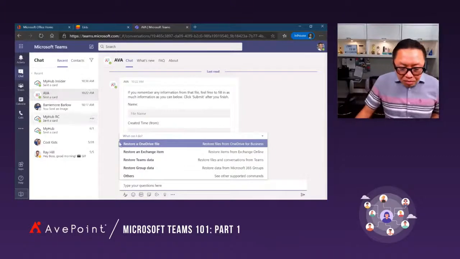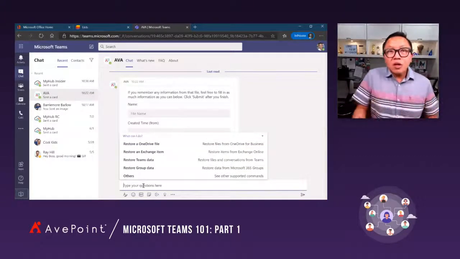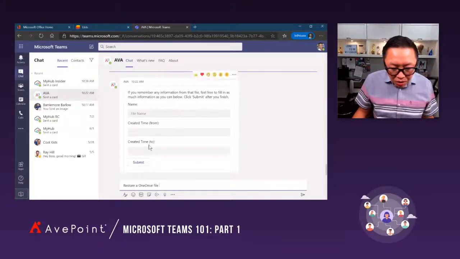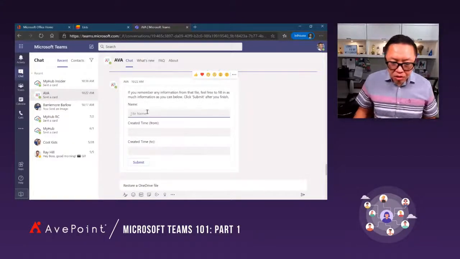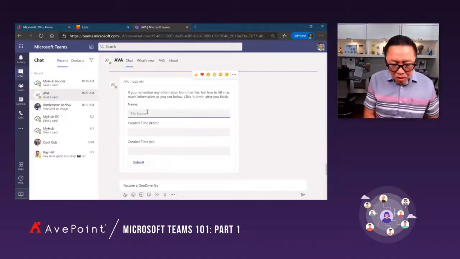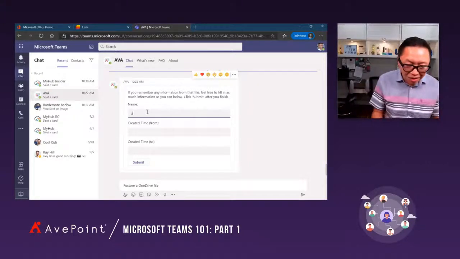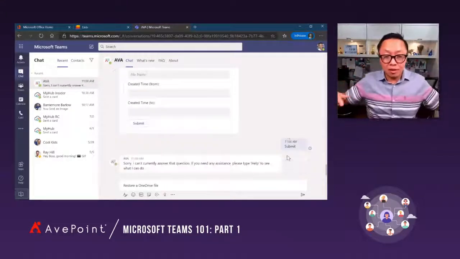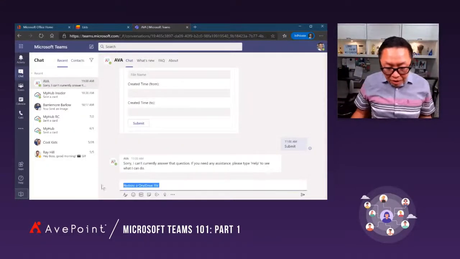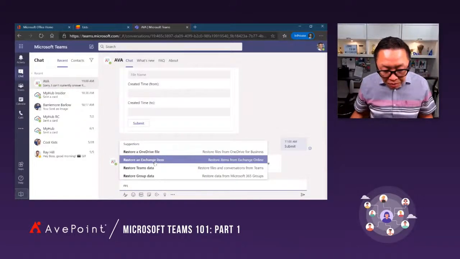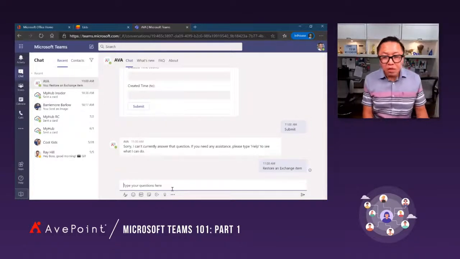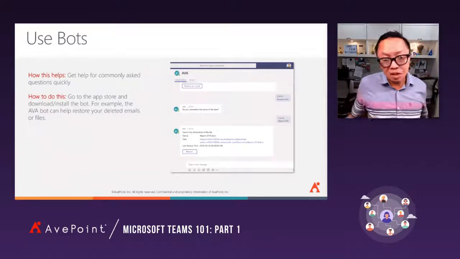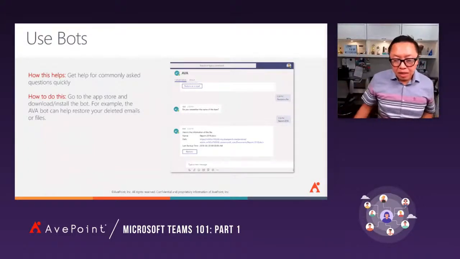So we created Ava so that in a self-service way, think of it as Siri, right? I can say, hey, Ava, can you retrieve a file for me? So Ava will say, do you remember what that file or anything about that file name? I can say, all I remember, there's letter O, whatever, and I hit submit. And then Ava would go look for it. And if I don't really have that, that's fine. Or even restore an email, right? So it's a self-service way, and this is another relevant tool that just helps my productivity. And there's tons of these out there that you can take advantage of.